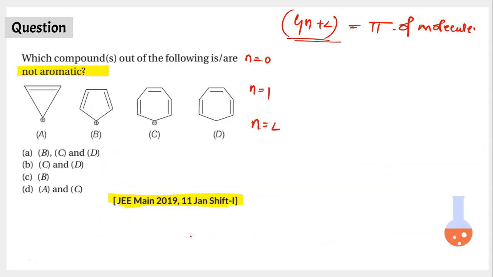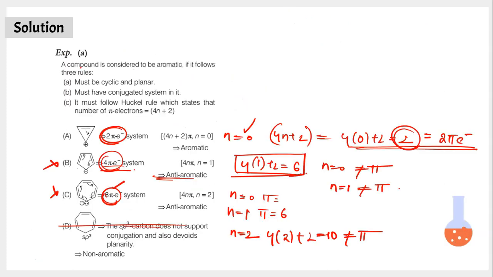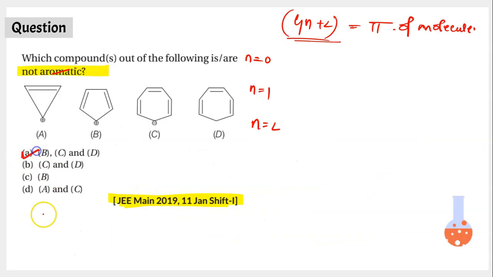So let's go back to the question. Here we have to identify the molecules which are not aromatic, and out of the study that we have done, the second molecule is not, the third molecule is not, and the fourth molecule is also not. So out of it all together, the right answer is option A. B, C and D are not aromatic. The last one doesn't even follow the rules of aromaticity, and the second and third one are anti-aromatic by nature. Now, I hope you have a better clarity over solving the questions related to Huckel's rule.